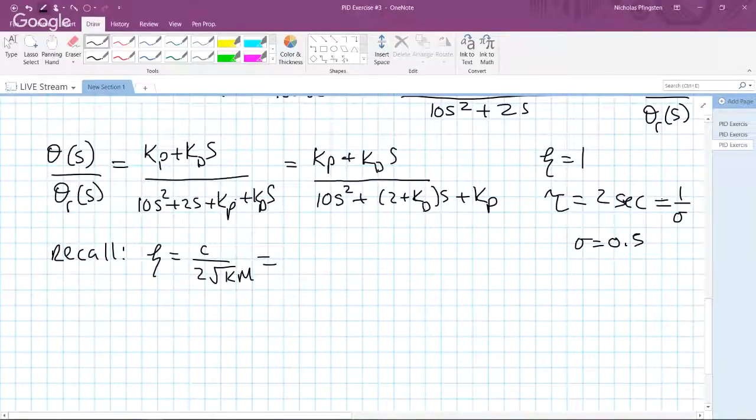So in this case, it's 2 plus k sub d, 2 kp times 10. Okay, not that helpful right now. So let's try another one. Let's recall that